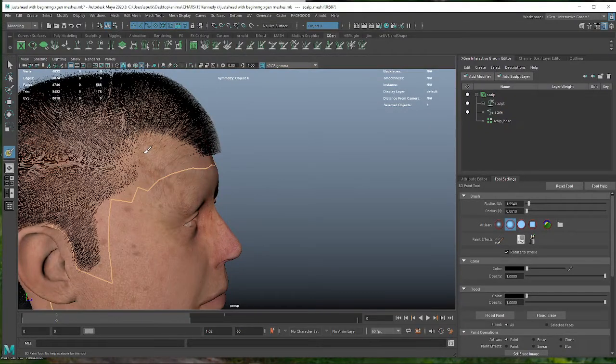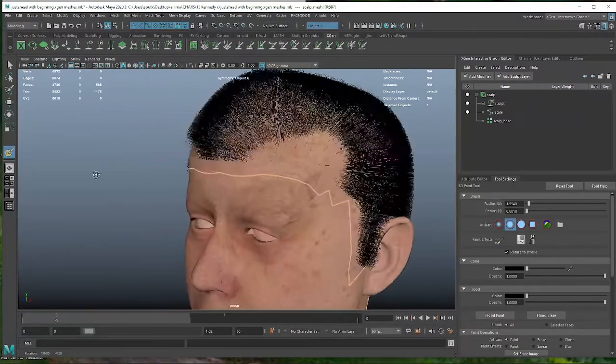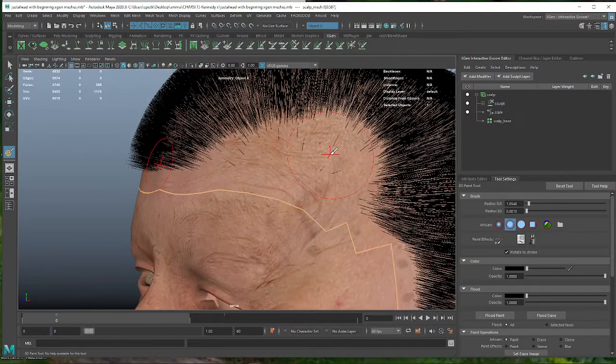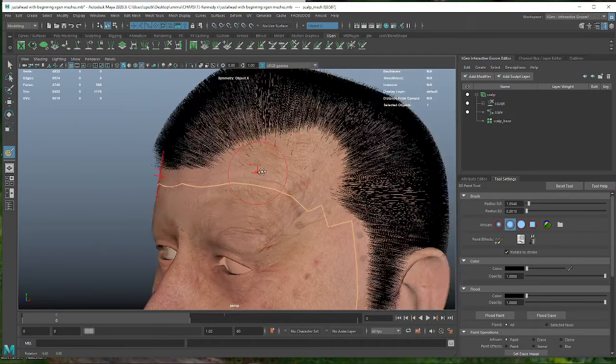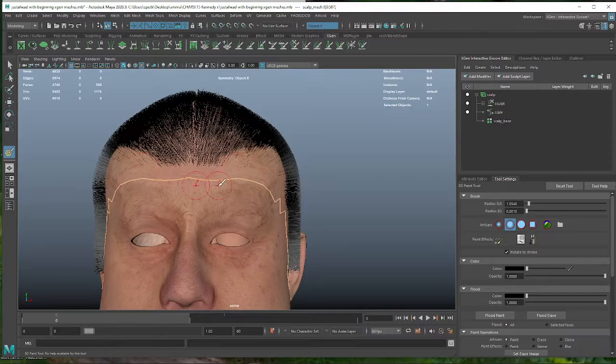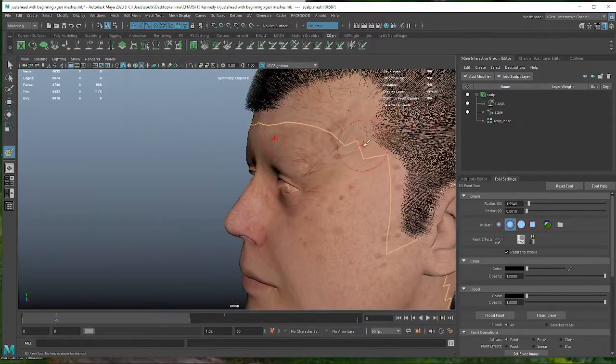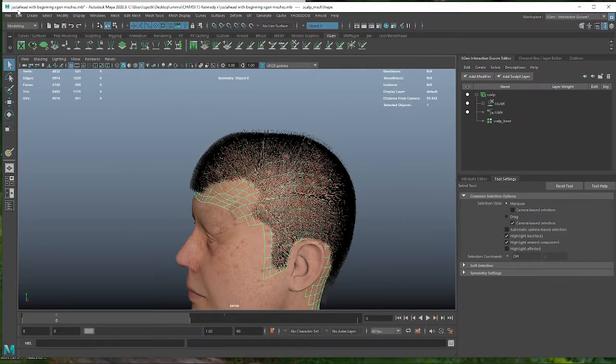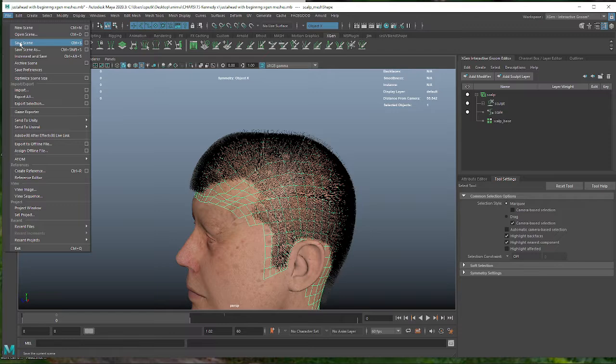So this is just to give us the big general idea. But you can see it always makes a lot of mistakes. This is going to be white here. There's no way to get rid of those hairs, and you have to get rid of them using other tricks later. All right, so now if we're going to go forward, we're going to hit save, save scene,